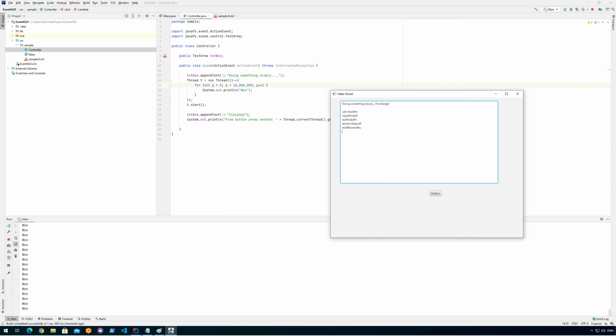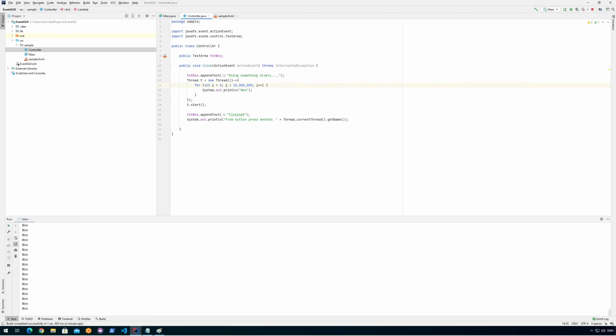So it looks pretty simple to do it like this, but there's a caveat that you probably wouldn't see right away. This works fine as long as I'm not touching any graphical user interface elements. As long as I'm not touching things that should be touched by the JavaFX application thread, I'm actually doing quite fine. But if I do something else, instead of printing to the screen,